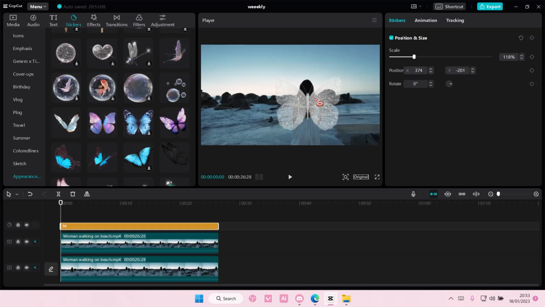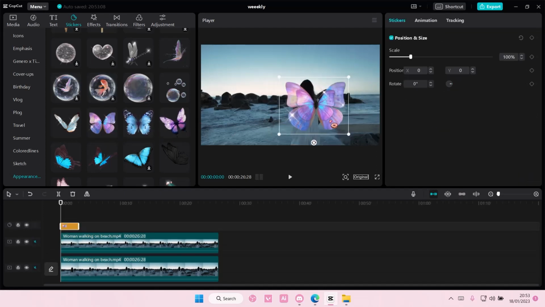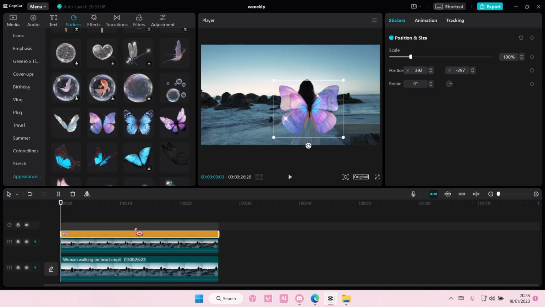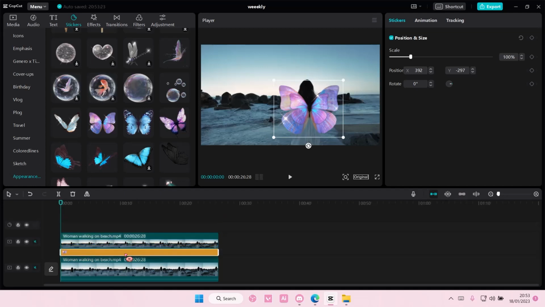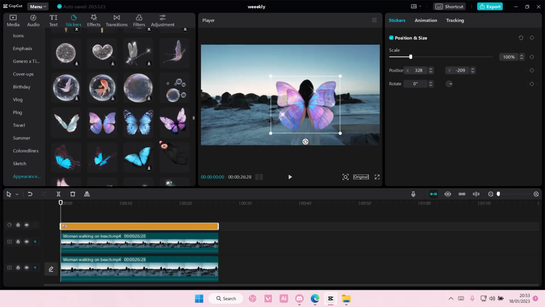Actually, let's just find another one that you can actually see really well. Maybe this one. Then I'm going to extend the duration of the sticker, take it and drag it behind the object. It's going to look kind of weird because it's better if it's like this, but I'm just showing you